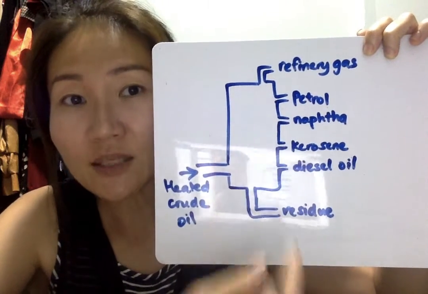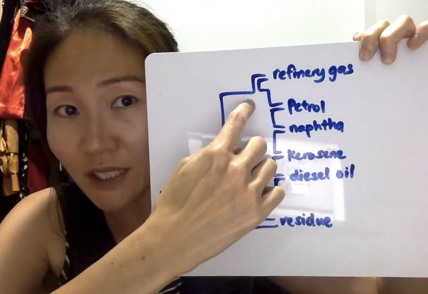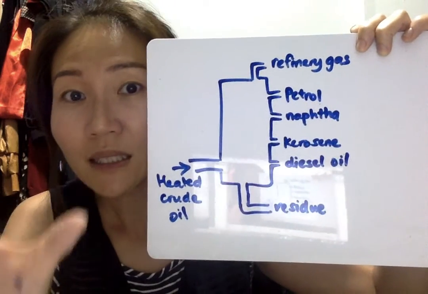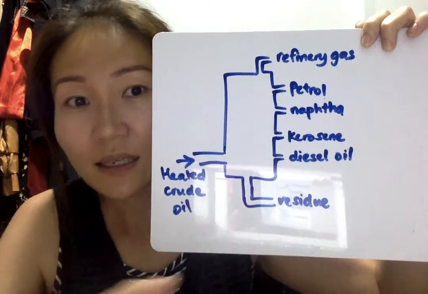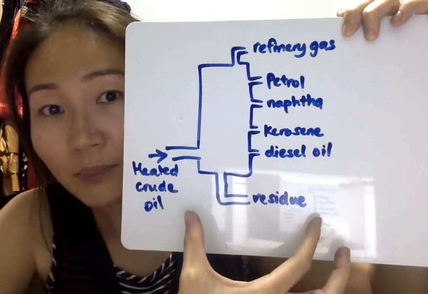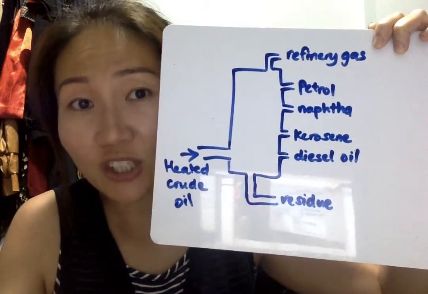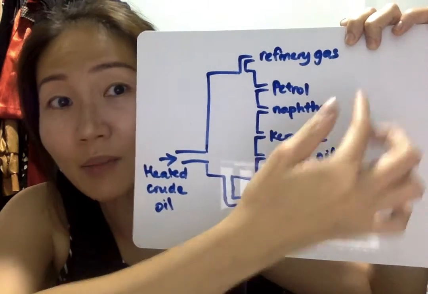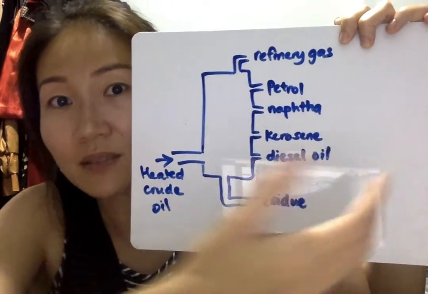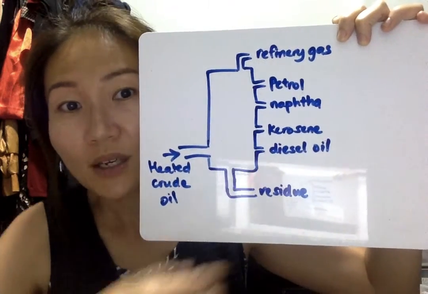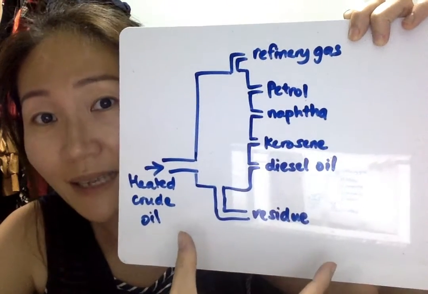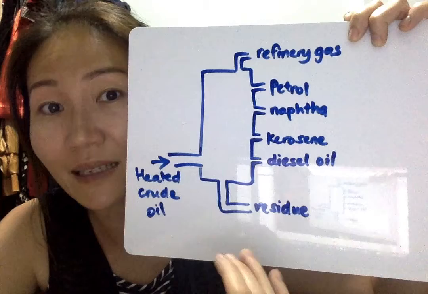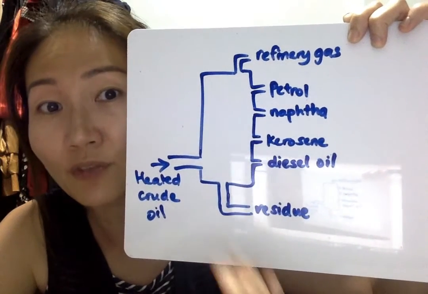The lighter fractions come out from the top of the fractionating column. These lighter fractions have smaller carbon chain lengths, whereas the bigger fractions have longer carbon chain lengths. Now, the ones with the shorter carbon chain lengths come out as gases, because they have lower boiling points. Those with longer carbon chain lengths have higher boiling points, so they remain at the bottom of the fractionating